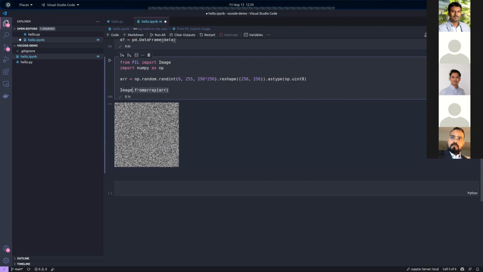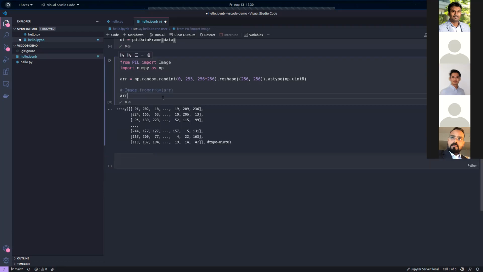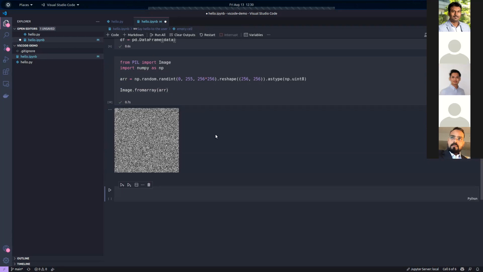So when you want to display a plot with matplotlib, you import matplotlib, and then you just create the plot and it will show by default in Jupyter. Similarly, with images, you import this image library and create the image, and it automatically shows. Because if I just do ARR, it's just a numpy array. It doesn't know that it needs to be interpreted as an image, right? But when I do an image of the array, it knows that it's an image file, so it renders it.